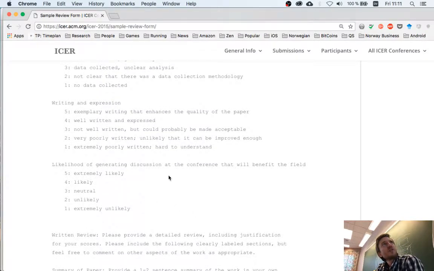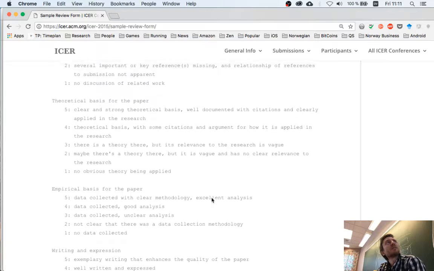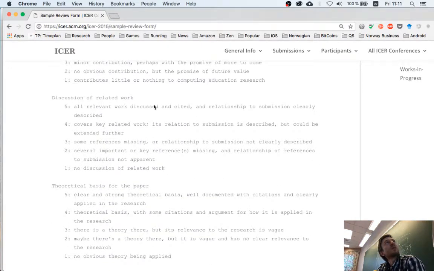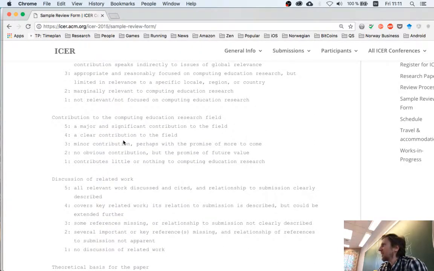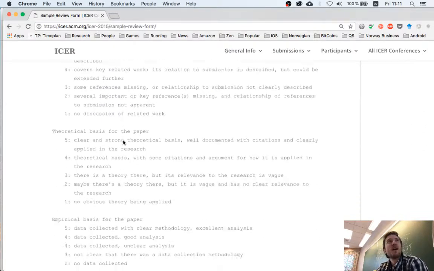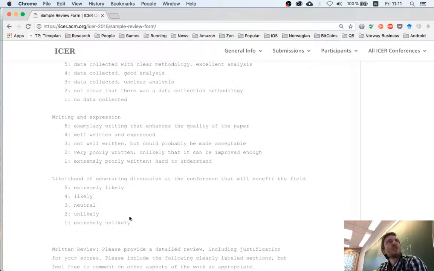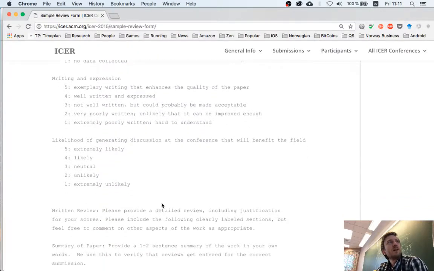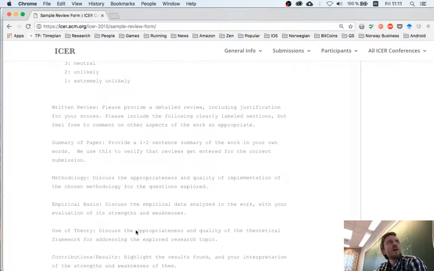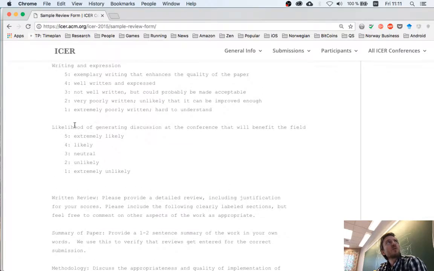Okay, likelihood of generating discussions in the conference. So how that will benefit the field. That was a little bit similar to contribution, right? How much it contributes, how much discussions it will generate. So it's sort of the same. So those are kind of on some sort of scale. You tick the boxes, and then you have a kind of a review that you actually write, right? And you will have to do that. So for our case,